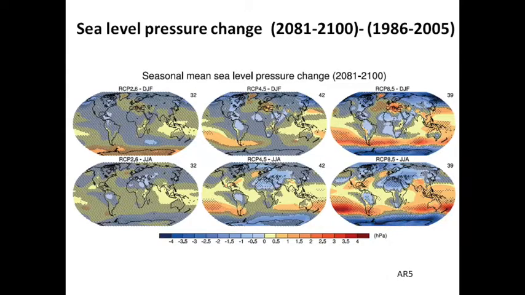We'll talk about this tomorrow. And this is for 4.5 and 8.5, where we can see that there are many regions in the southern hemisphere and also in the north hemisphere. But here we see that the pressure will reduce in the projections near or over Antarctica,